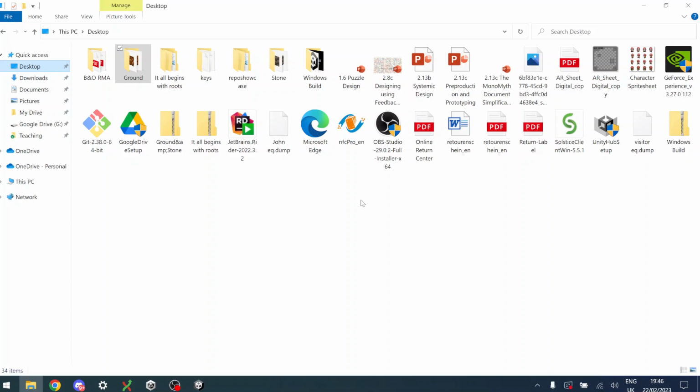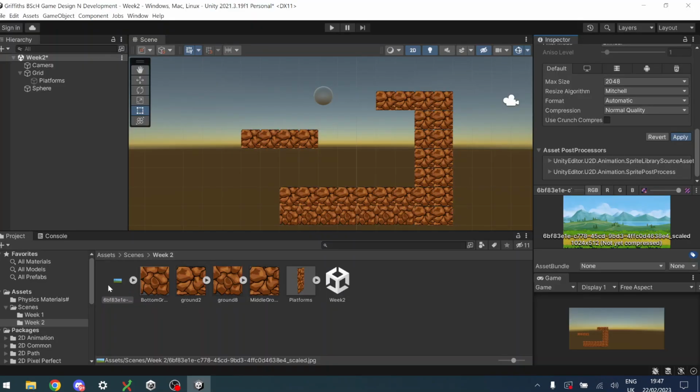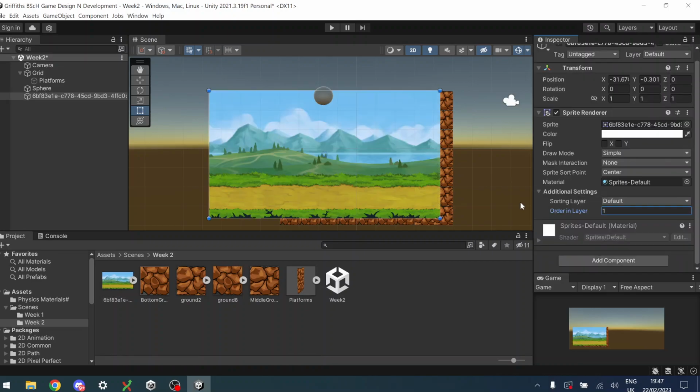So I brought in this huge background image. I'm also going to make it a sprite. Apply. When I bring this in, it's fine in this case, but sometimes you may have stuff where the sprite shows in front, for example, like this. They're 2D, and when they're in 2D, the way they render is not based off the